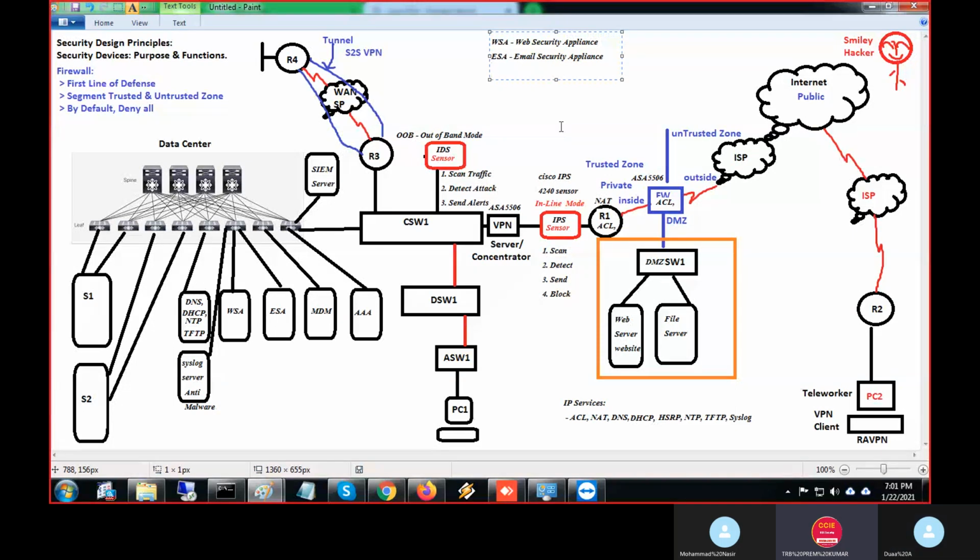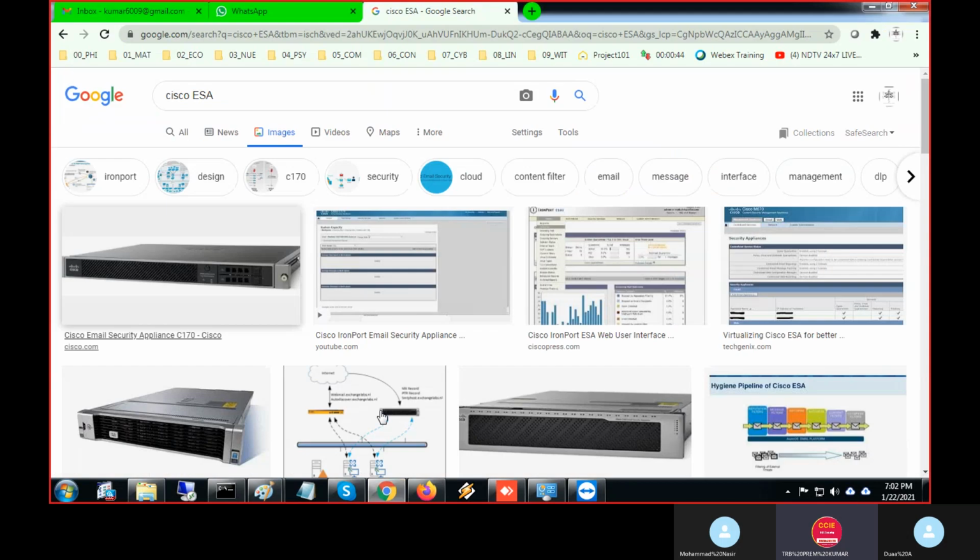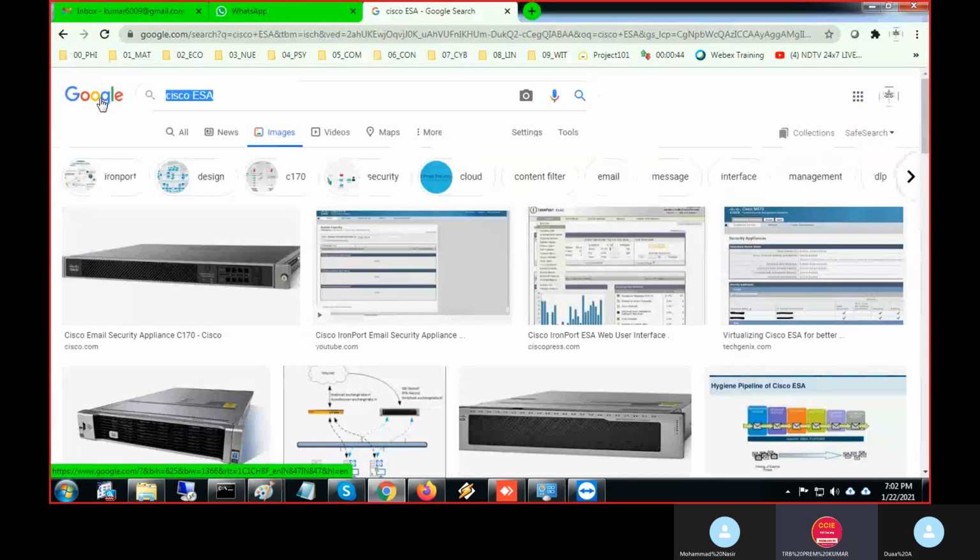So many security products are there. Which product we use depends on the requirement: customer condition, customer asset value, and customer threat. I'll teach you what a threat is. Threat means ongoing attacks. I'll show you one, just to show you real-time attacks and how real attacks are happening. It's called a threat.